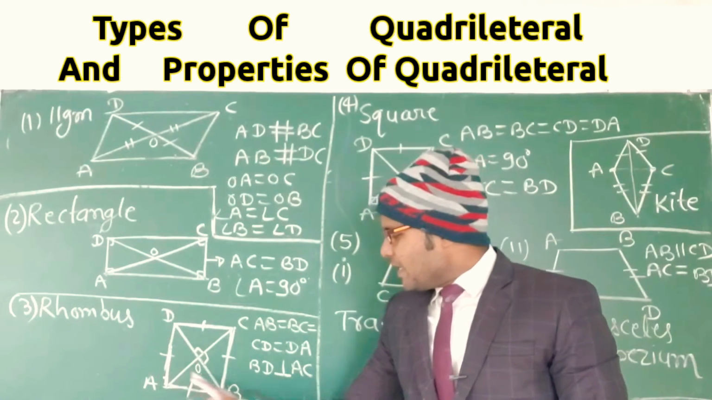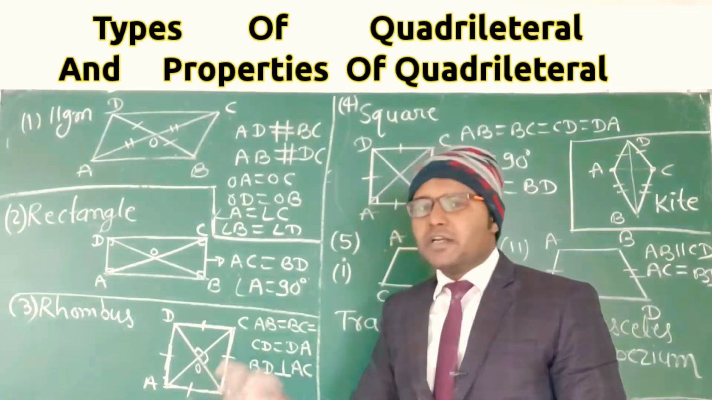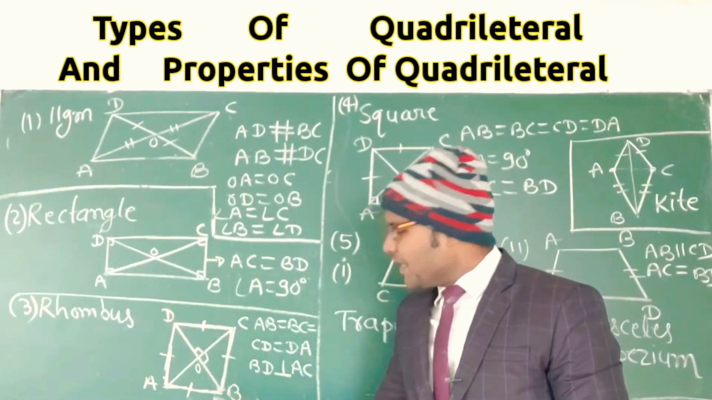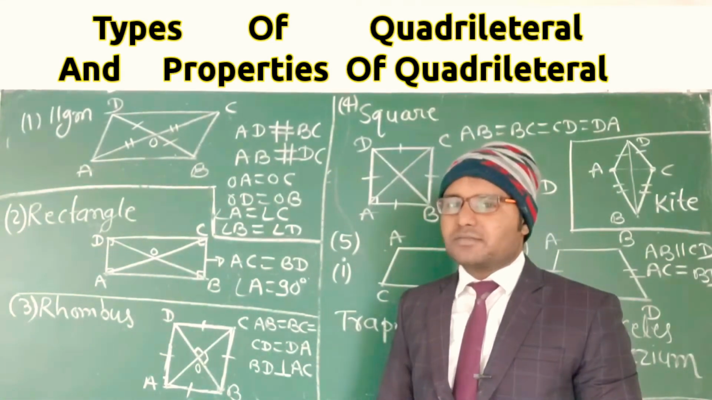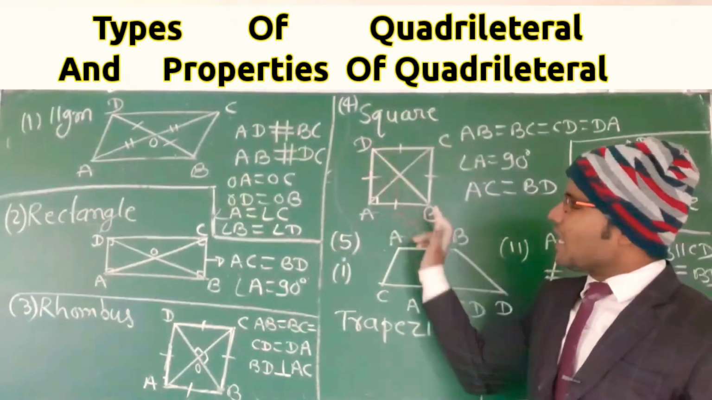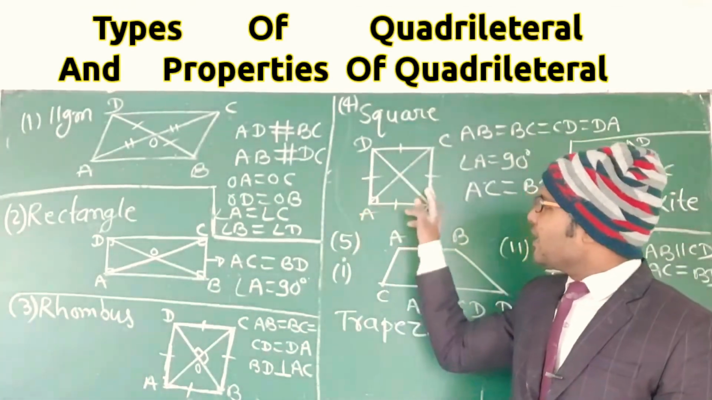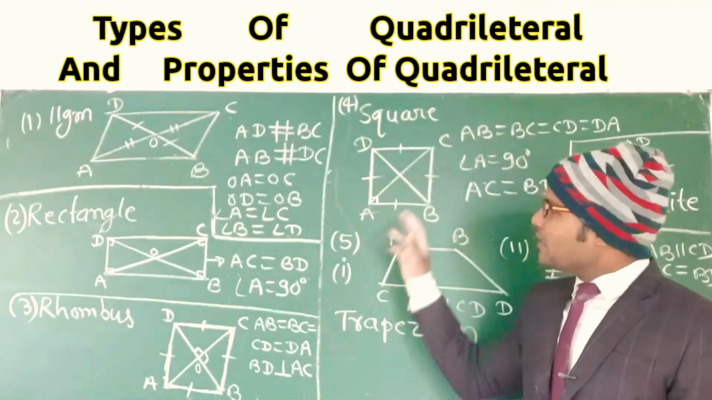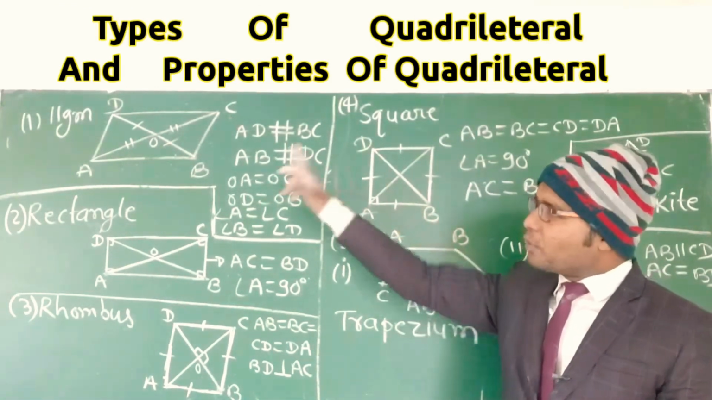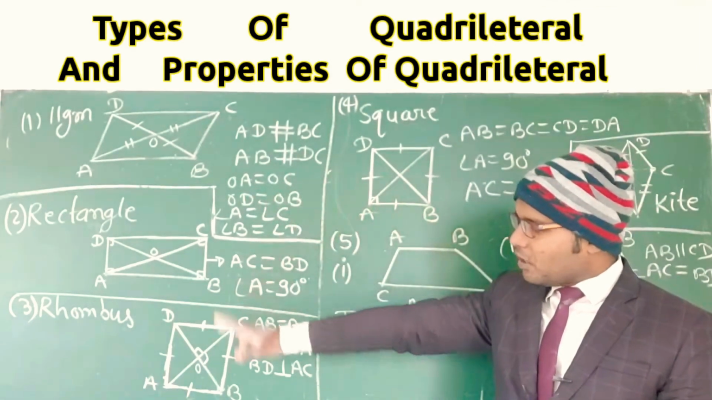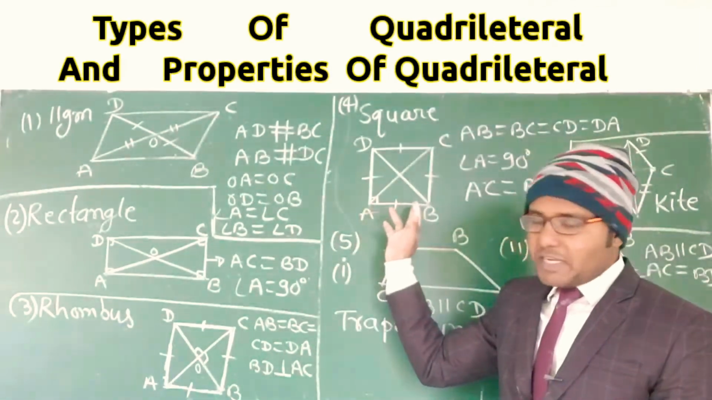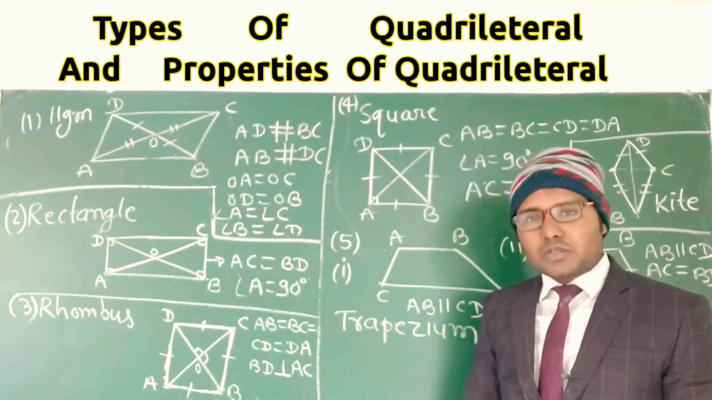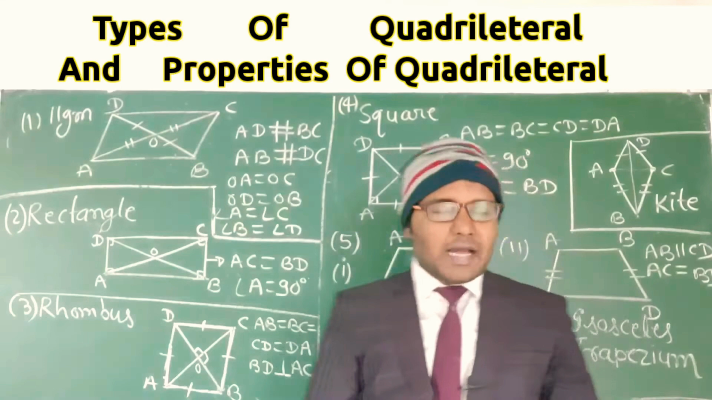In a rhombus, angle A, angle B, angle C, angle D are not necessarily 90 degrees, and also diagonal AC and diagonal BD are not equal to each other. But in a square, diagonals are equal to each other, and angle A, angle B, angle C, angle D are also 90 degrees. Okay, and this square can fulfill all the properties of a parallelogram, all the properties of a rhombus, as well as all the properties of a rectangle also. Now